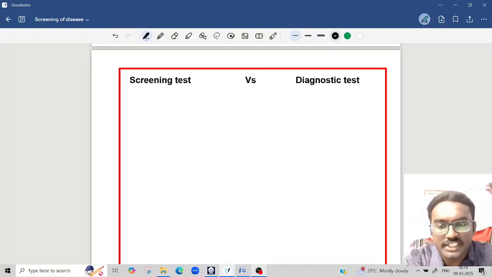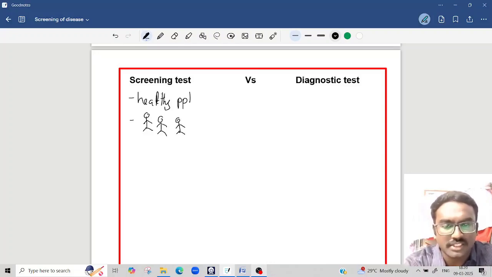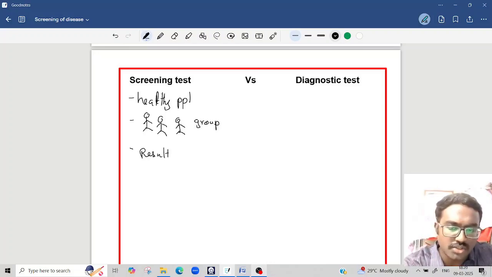The screening test will be applied to the ocean of people who are healthy. So it is applied to a healthy population, and it is applied to so many people. Because we don't know which people are having the disease, it is applied to a group of people. And the result should be very simple to interpret and easy. Only one result should come and it should be the final result. If the result is positive,